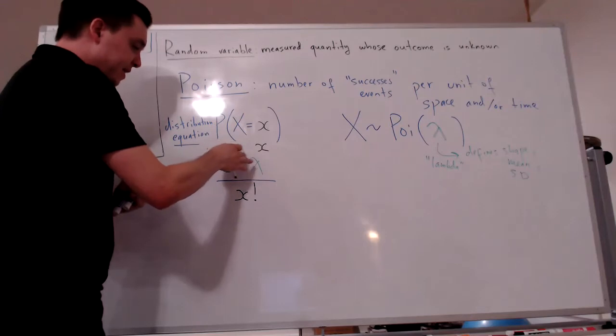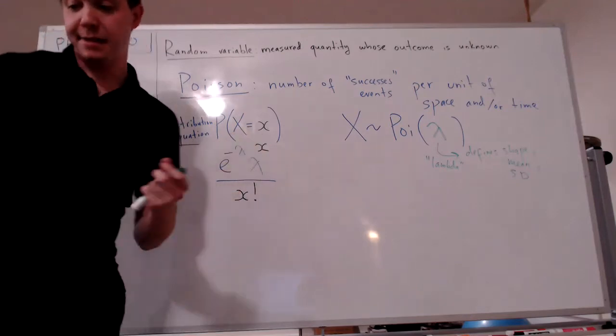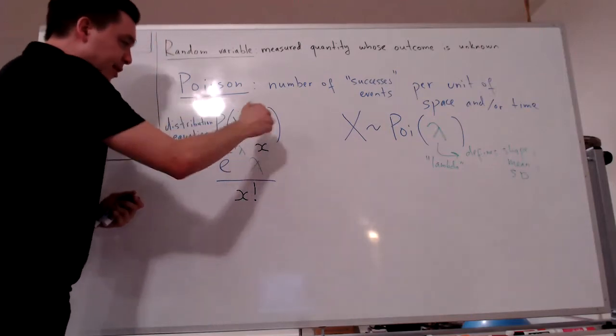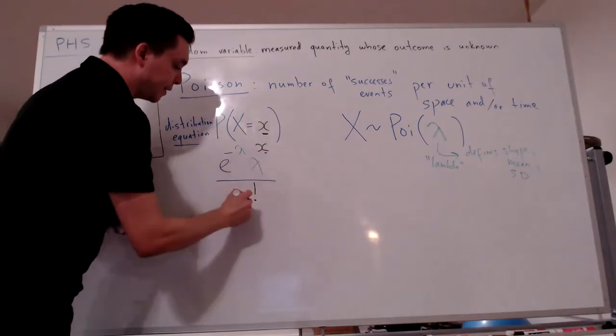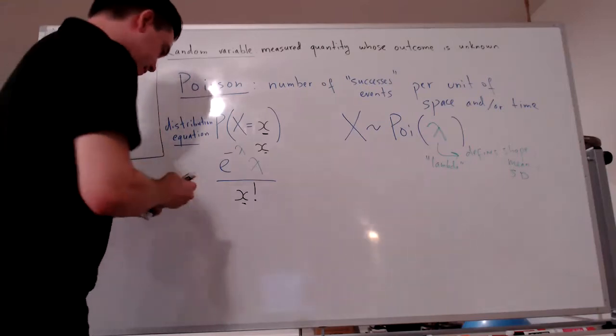E to the negative lambda, lambda to the power of x, divided by x factorial. This is the probability that my random variable takes on a particular value of x. The assumptions that we're making: